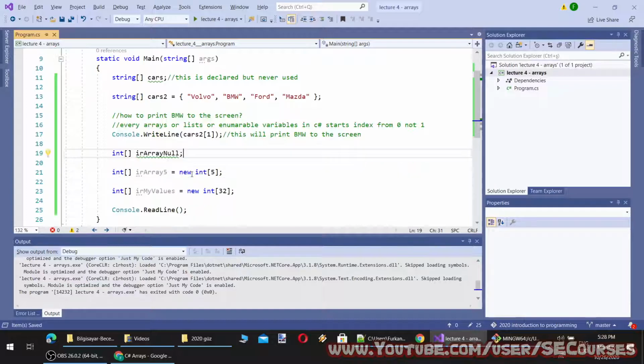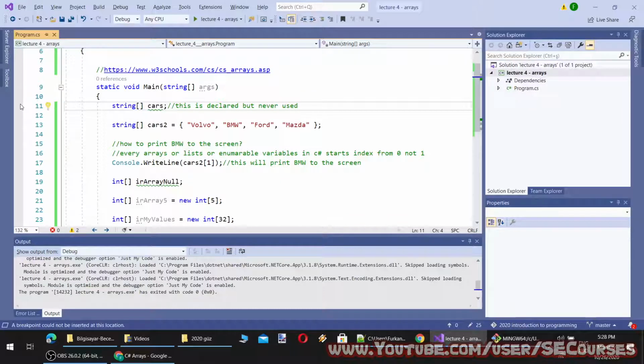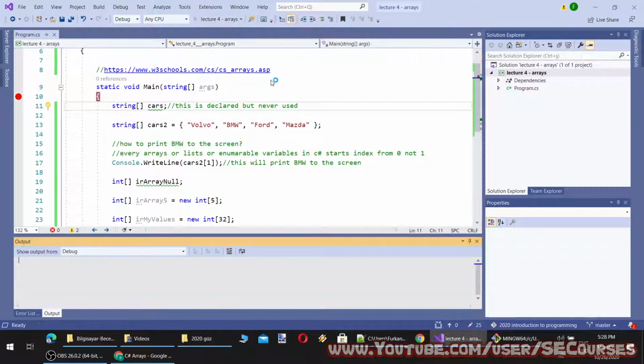So I am going to check this in debugging mode so you will know it. Okay, I am going to put a breakpoint here. Interesting. And then I'm going to start the application.